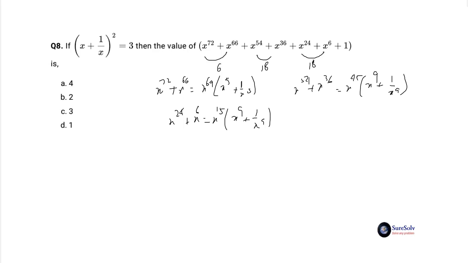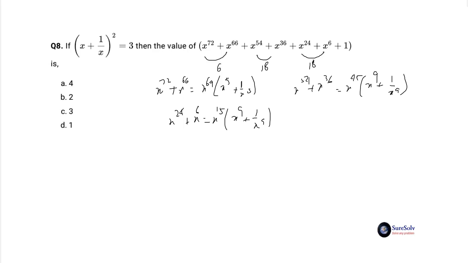The job is now to get the value of x cube plus 1 by x cube and then of x to the power 9 plus 1 by x to the power 9 from the given expression. At this point itself, we are sure from the simple numeric choice values that both x cube plus 1 by x cube and x to the power 9 plus 1 by x to the power 9 is 0. And answer will be option D, 1. Still, let's check whether our reasoning is true.